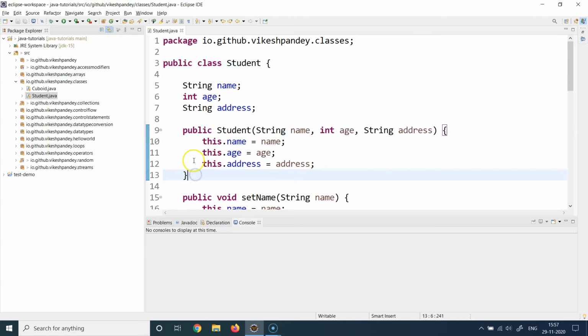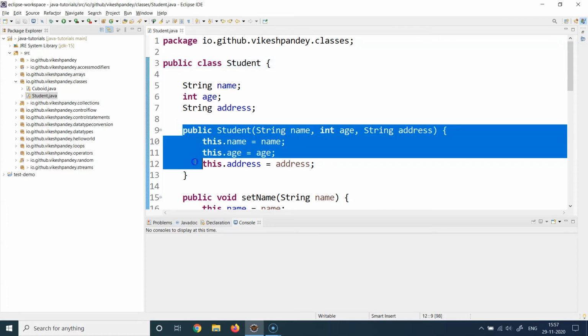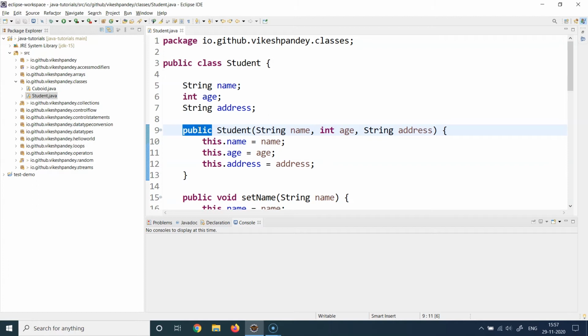We call this a constructor. This is a special type of method which is provided by Java to initialize any class's objects. If you want to create multiple objects of the Student class, you can repeatedly call this Student constructor. You put public here because we want this constructor to be accessible to the outside world. Then you put the exact class name. Whatever class name you have provided here, you need to put the exact class name here. If you don't, Java is going to raise an error. If I do this here, you see a red line because Java failed to compile this constructor. It does not understand what Student111 is, but it does understand what Student is. So this is how it is going to be.